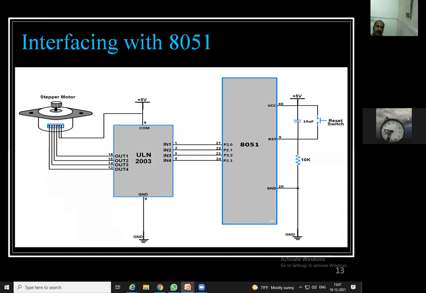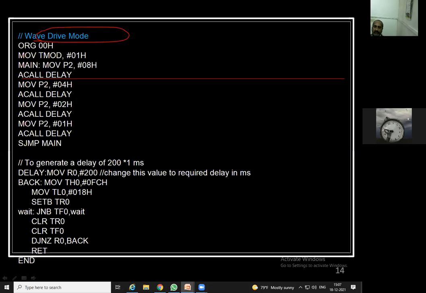So this is the actual view of this 3D stepper motor, and it has a gear type structure over here, and accordingly the motor is inside here, the connections are here, through which you activate a particular coil, and it will rotate. And for that, this part is for the delay, and the actual code is this one to rotate it. So here it is given that port 2 is initialized with 08.